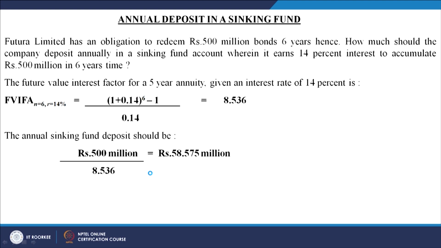Now, what happens? Many a times this problem comes to the companies. In corporate life this question is more relevant, because companies confront problems like that when they borrow money from the market, for example in the form of bonds or debentures. When bonds or debentures are issued in the market, they are issued by the companies for a certain stipulated period of time, for example 5 years, 7 years, 10 years, right.